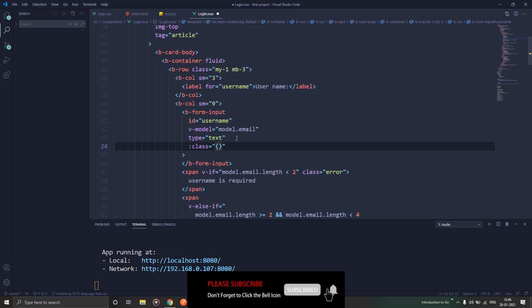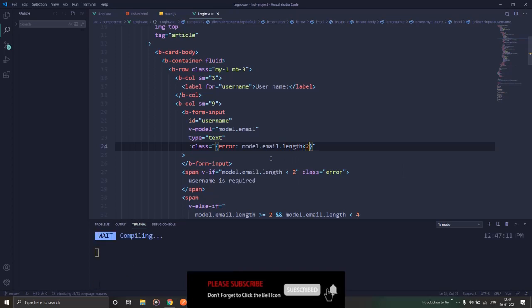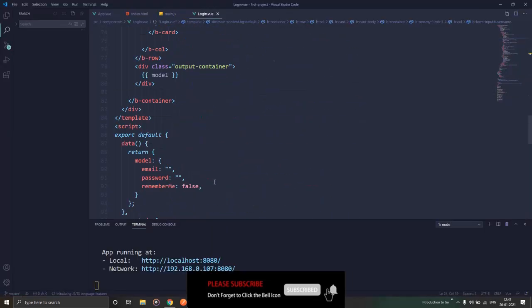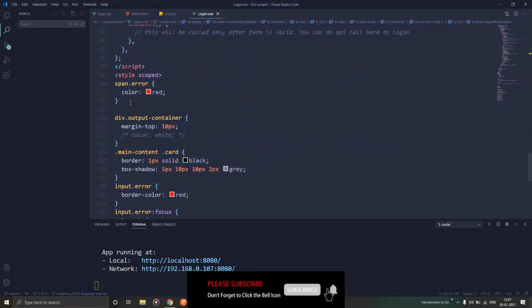We don't have a success class for it. So what we will say over here is apply the class error if model.email.length is less than 2. So I have set this, and if you see this error class I have created over here in this section